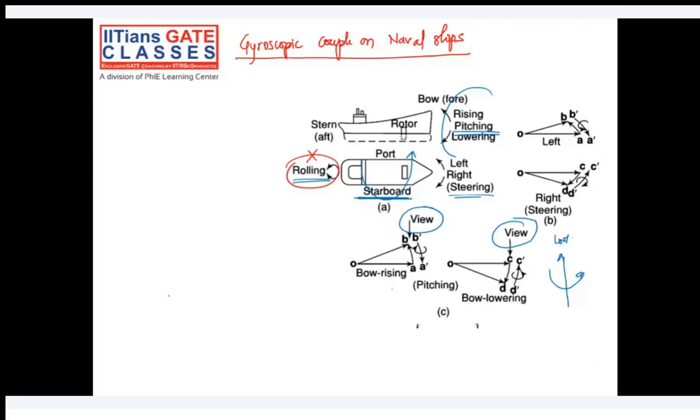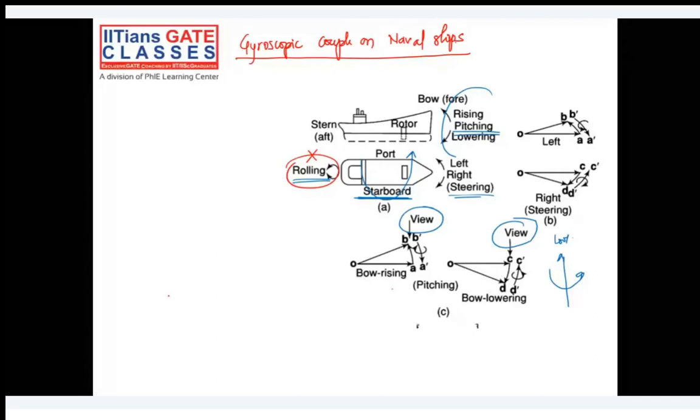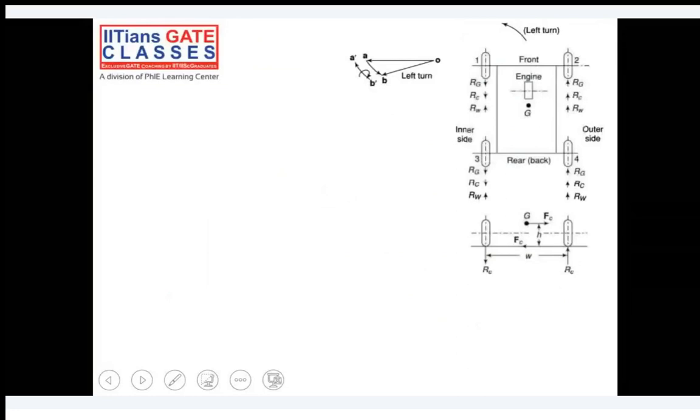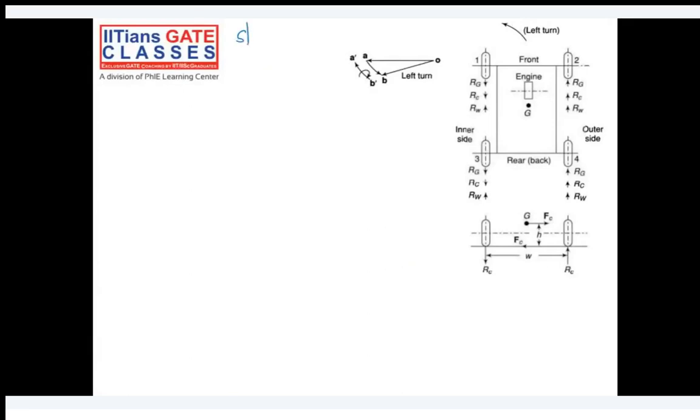Okay. The next example I would like to give is for the automobile. So write down: stability of the automobile heading, or gyroscopic effect in automobile. In automobile, things are a little different because it's not just a gyroscope. There are four wheels. First of all, we'll try to understand in detail how, whenever we're taking a left turn or right turn,